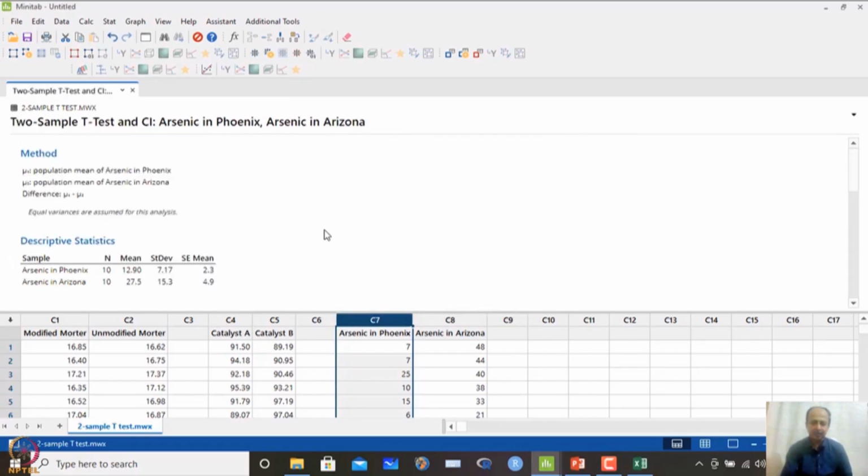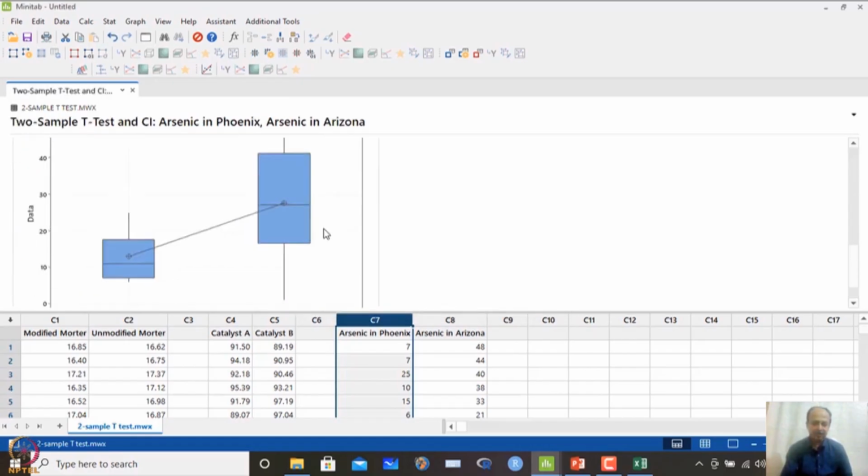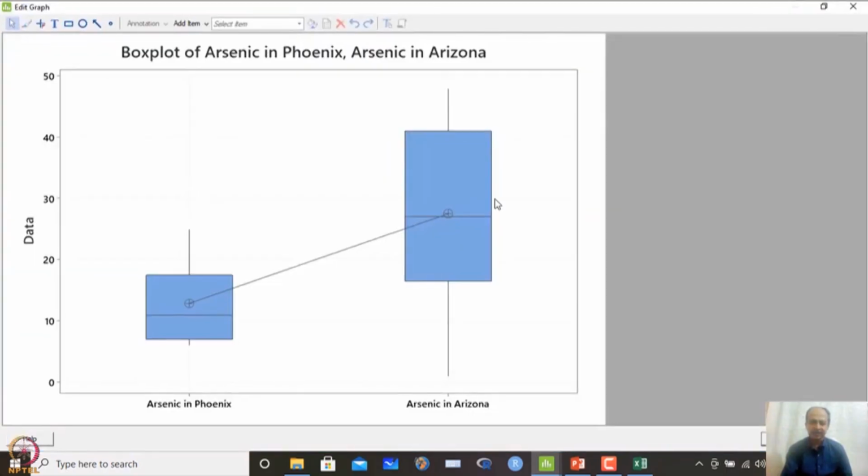like that, and I click OK over here. In this case, you can see the box plot over here which will give you some idea about the data set. So, in this case what you see is the average value. The mean value is 12.9 over here, and the mean over here is around 27.5. So, there is a huge difference or slope, you can understand that there is a huge slope between these two values over here. So, this should be prominent, that means there is a significant difference between the location of the mean